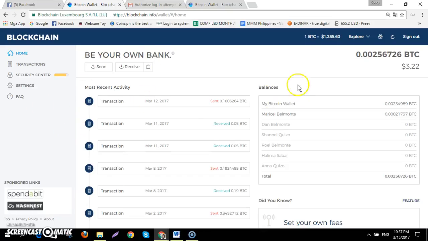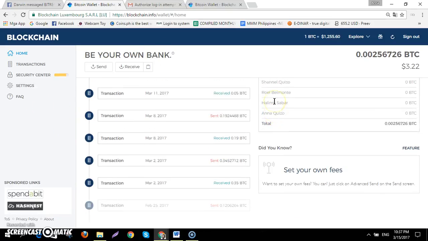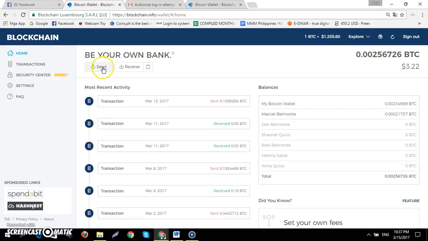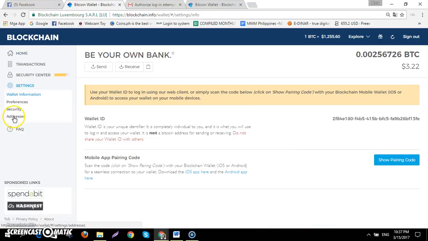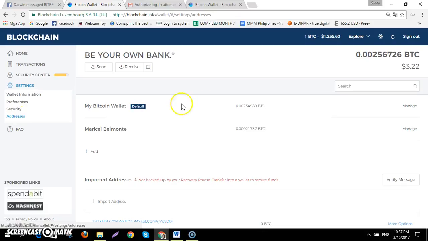So here it is. This is the main dashboard in blockchain. You can see all the transactions received, sent, and the remaining balance. For a quick response, we need to click settings and then click addresses so that you can find your Bitcoin wallet address. So this is the Bitcoin wallet address, my default account, and the other one is the account